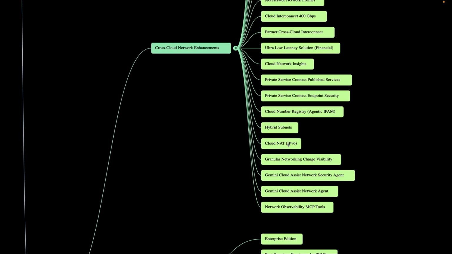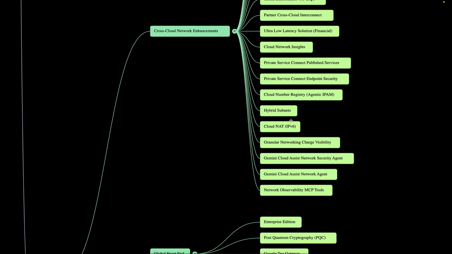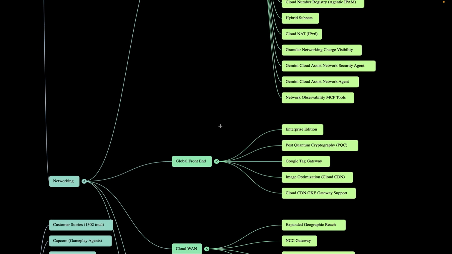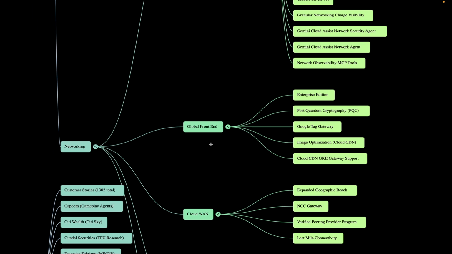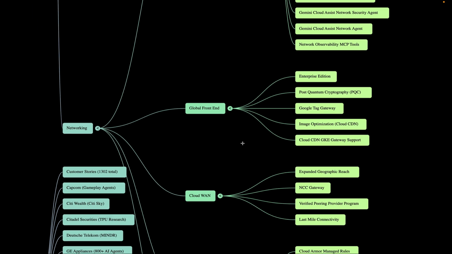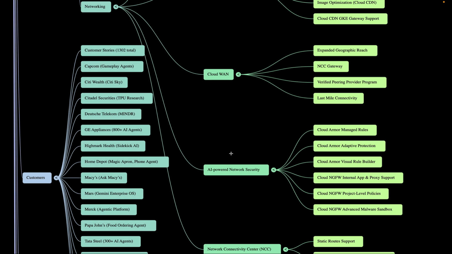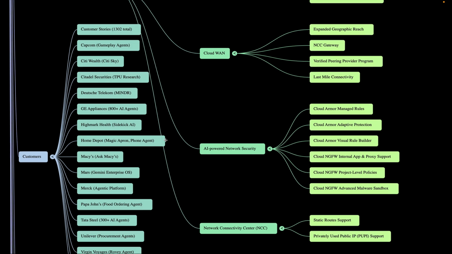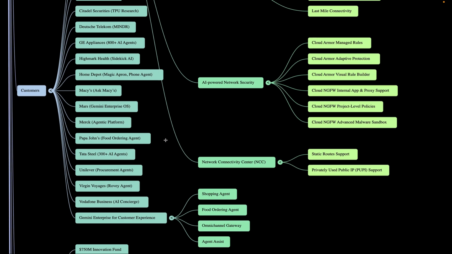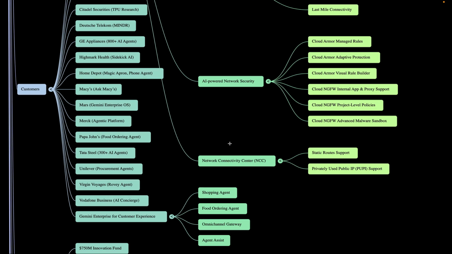Hybrid subnet and Google Cloud number registry, Agentic IPAM. As you can see, all these networking things, and then the global front end, what all is newly added. Also what new things were added in One Cloud. On the customer side, our customers already developed the agent, which is also highlighted here, and the Network Connectivity Center, NCC, what the new things are, and AI powered networking security like Cloud Armor, adaptive protection, Cloud Armor, visual rule